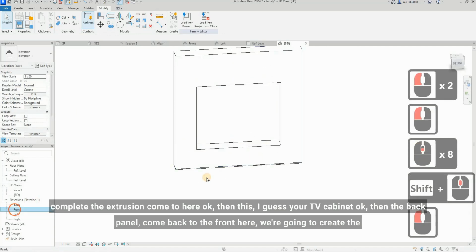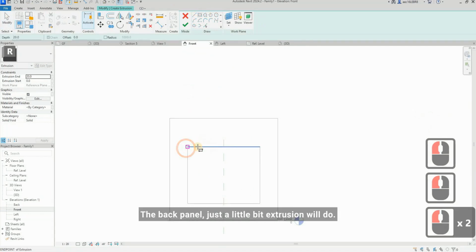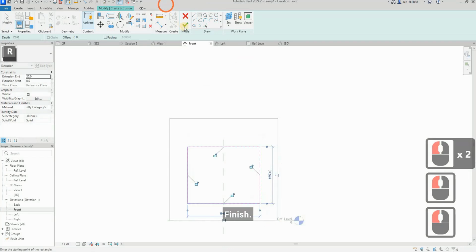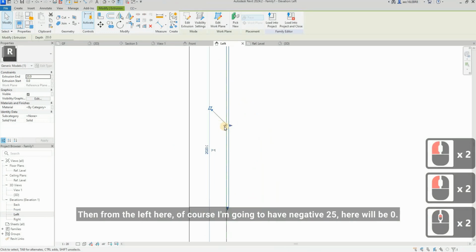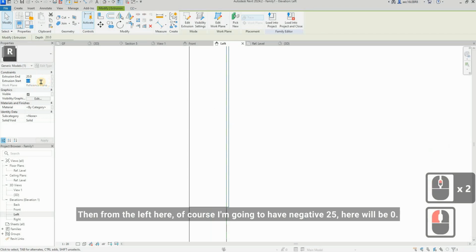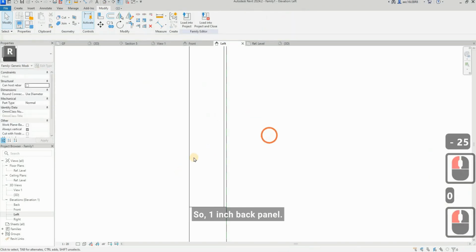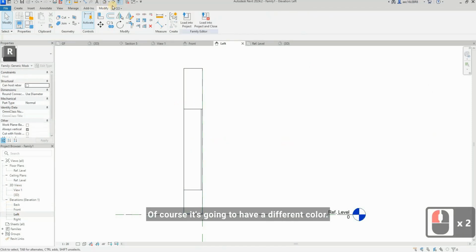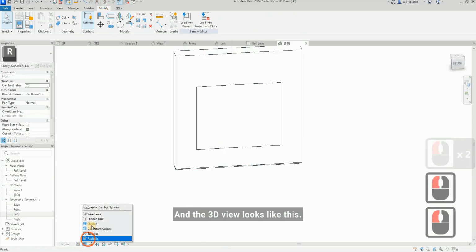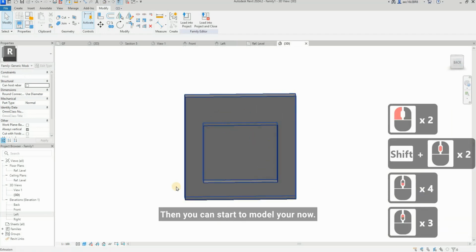Okay, then the back panel, come back to the front here. We're going to create the extrusion. The back panel, just a little bit of extrusion will do. Finish. Then from the left here, of course, I'm going to have negative 25. Here will be 0. So 1 inch back panel. Okay. Of course, it's going to have a different color. And the 3D view looks like this. Change to shaded. It's like this. Okay. Then you can start to model your